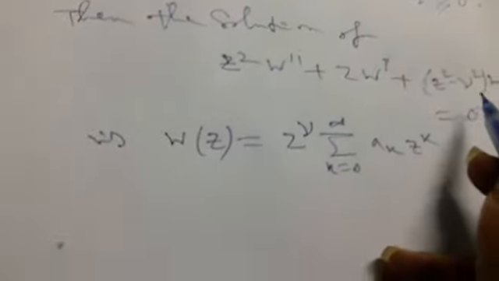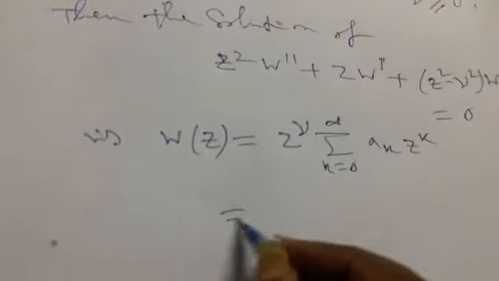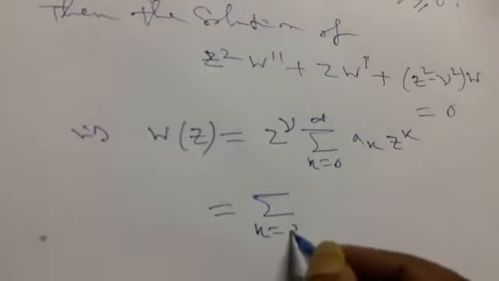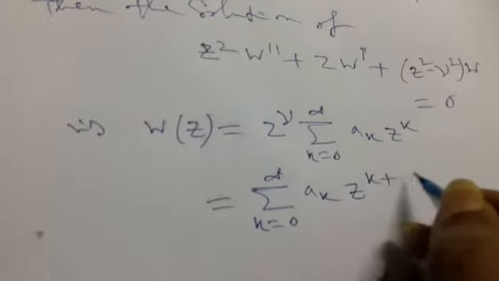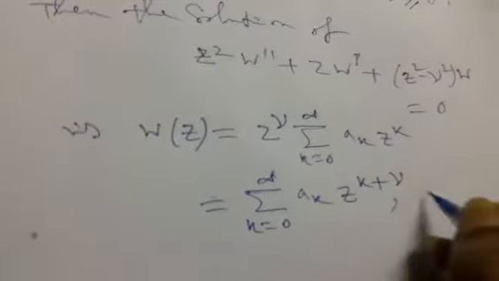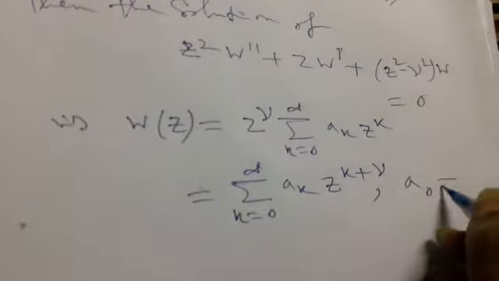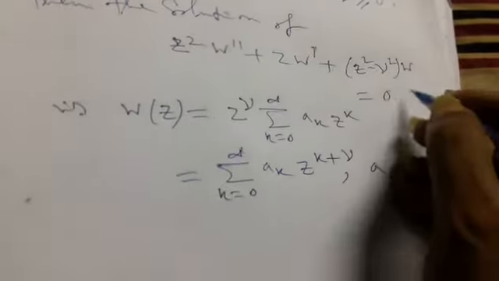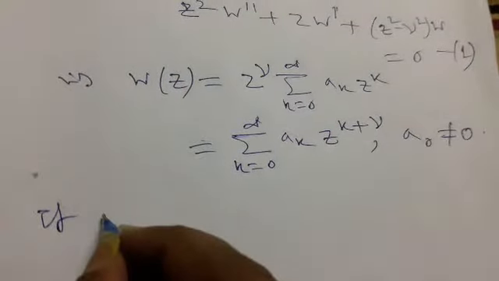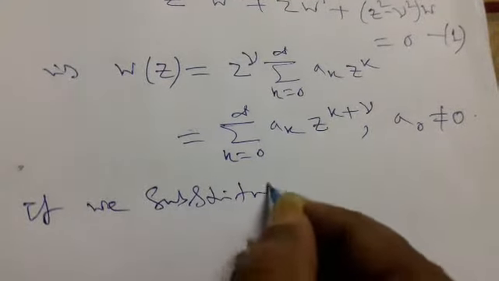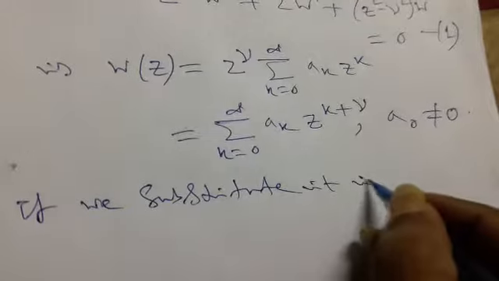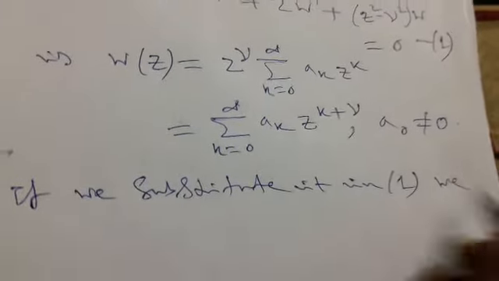When we take the solution, it is a power series solution, equal to the sum of k equals 0 to infinity a k z to the power k plus gamma, where this a0 term is non-zero. Taking it as equation number 1, if we substitute it in 1, we have,